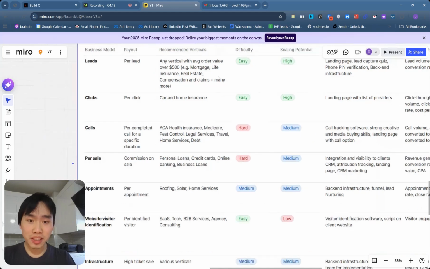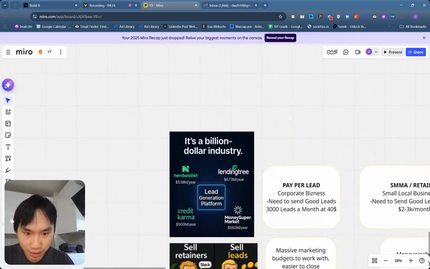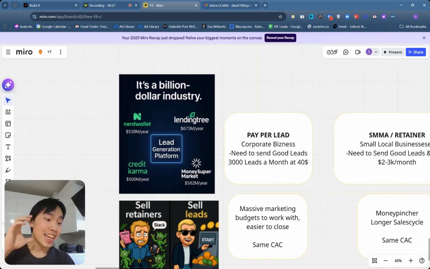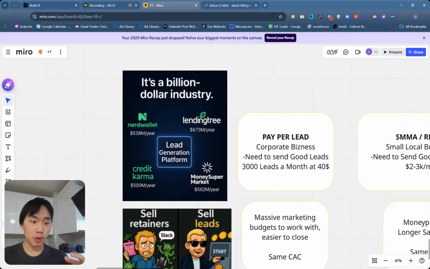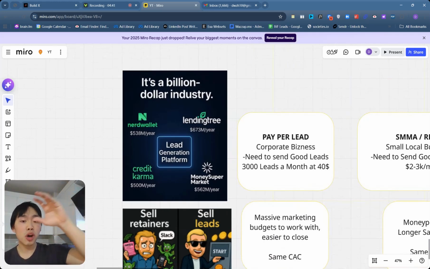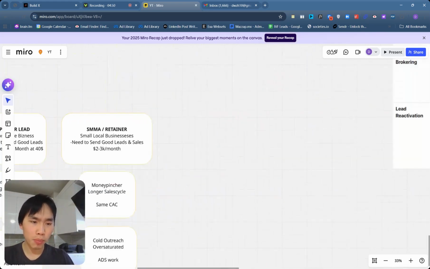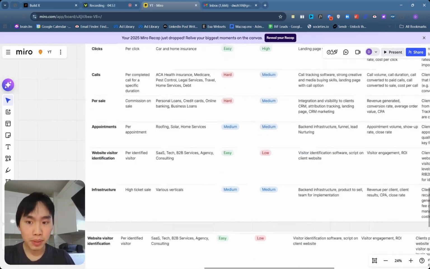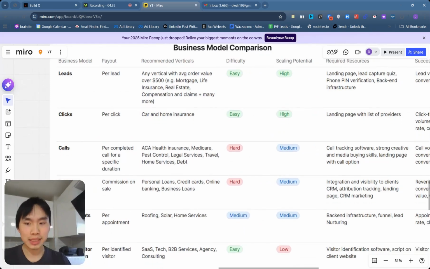Clicks. So we got these companies, right, that are nine-figure companies. We got Nerd Wallet, Lending Tree, Credit Karma, Money Supermarket. They scale because they get paid on each click, right? They have a bunch of business partners, for instance, five business loan companies, and the one that's paying the most, bidding the most for the clicks, gets put on as the number one provider. So if I'm a consumer, I'm Jack, searching for a business loan, obviously you're always going to click on the top three, probably always top one. So that's why they sell per click, right? Because they're doing it at volume,